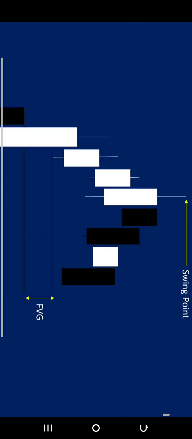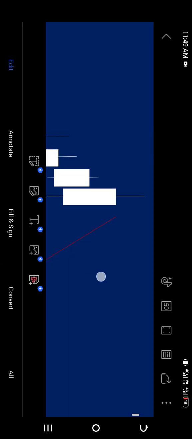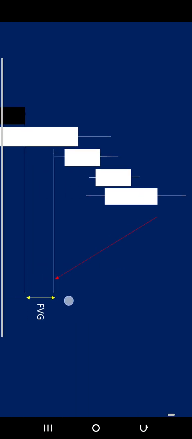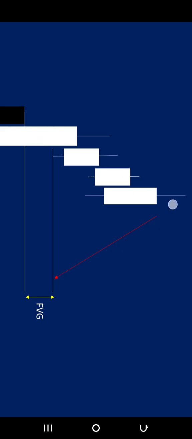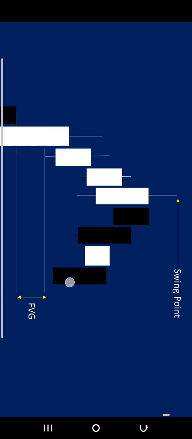Now look at the next array. When price gets to this point, price decides to reverse, and the moment price reverses, it creates a swing point. That swing point is the second PD array. Now I want to establish something here. When price went up, the swing point was not created, but the moment price decides to change direction, that turning point is called a swing point, and that turning point is the next array that price eventually created. Can you see it?